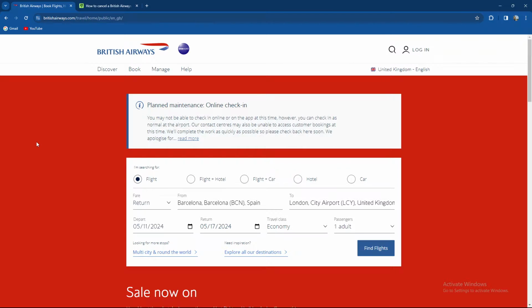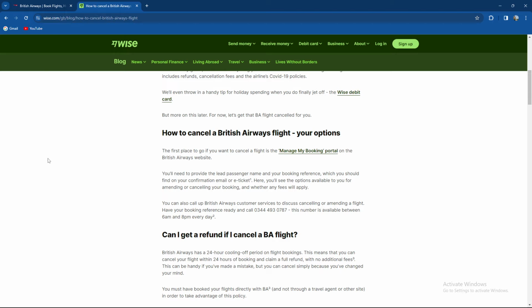So guys, how to cancel a flight. The first place to go if you want to cancel it is the Manage My Bookings option on the British Airways website. You'll need to provide the lead passenger name and your booking reference, which you should find on your confirmation email or e-ticket. Here you'll see the option available for amending or cancelling your booking and whether any